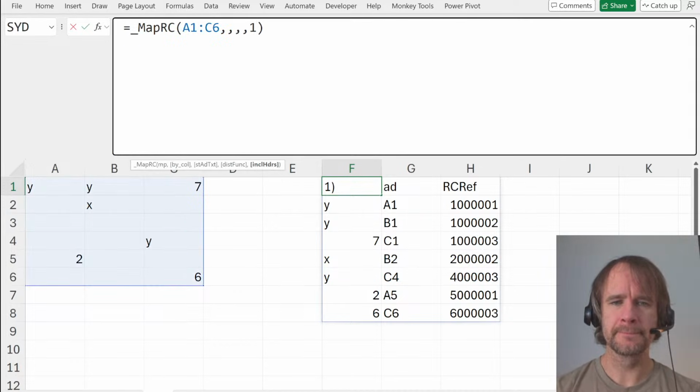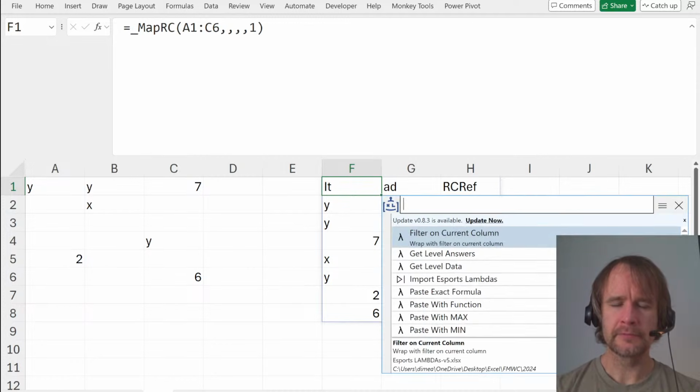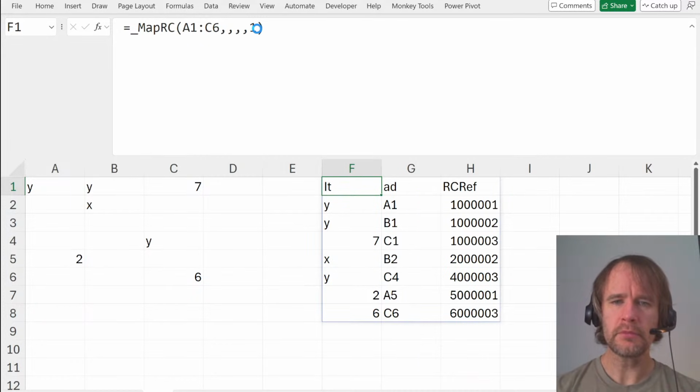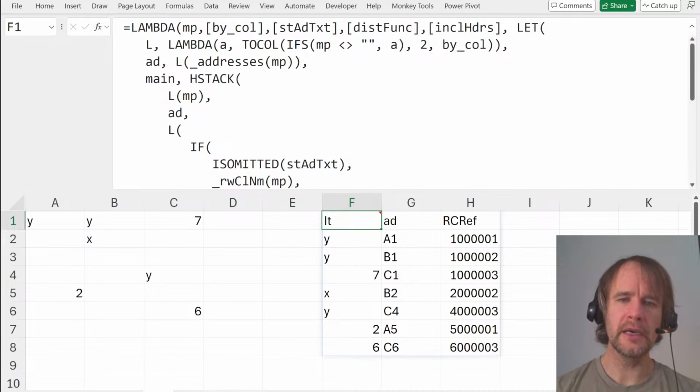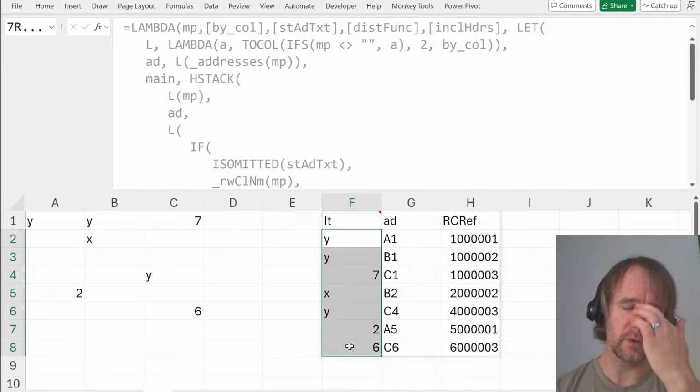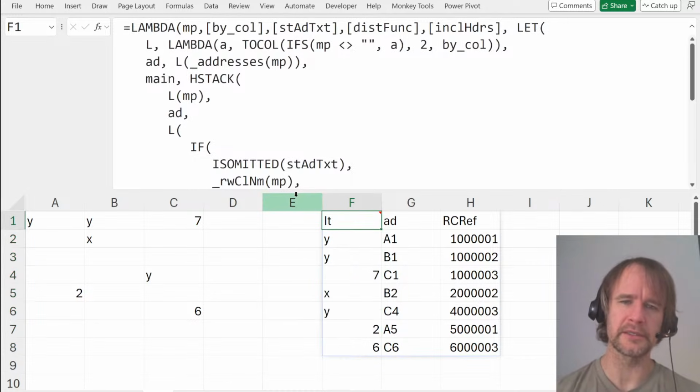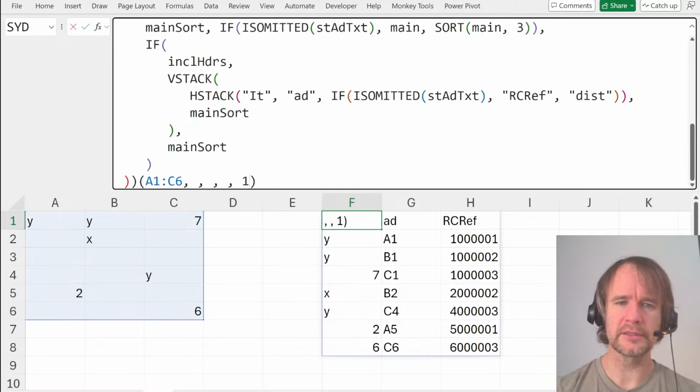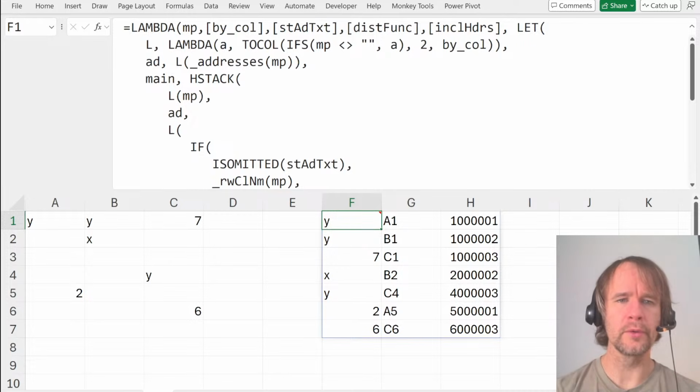So let's edit. And then, of course, the question if I filter is, what do I do if there's no match? And I think the answer is I will just let it return an error, because that's as helpful a thing to pass on to other functions as anything else. I'm also just going to get rid of headers. Okay, so